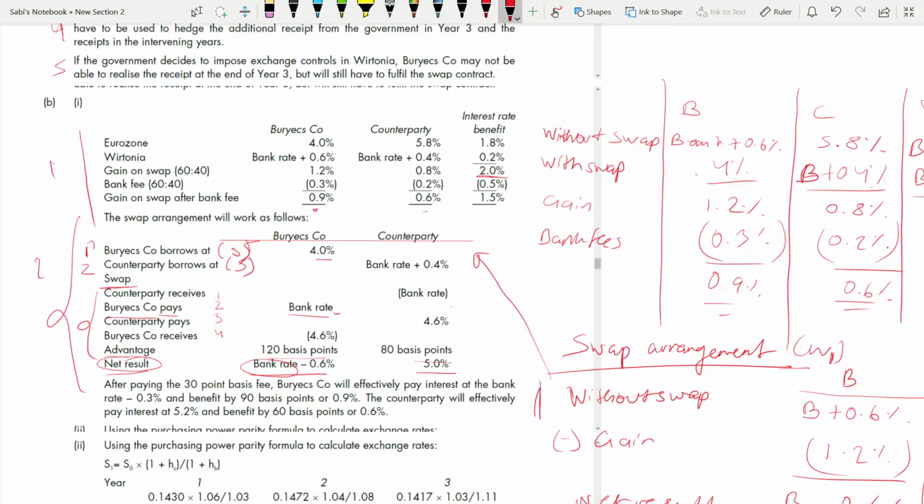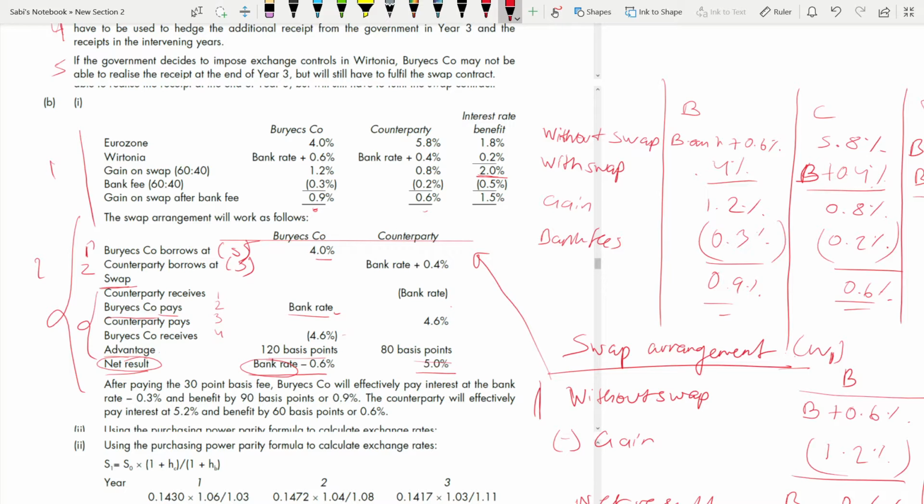So if you deduct 4.6 from 4, it's 4 minus 4.6. Then only you will get minus 0.6%. So that means Brewers company is receiving 4.6%, and the counterparty pays 4.6%. That's why it's in bracket for the one receiving, and the counterparty is paying that 4.6%, that's why it's without bracket. If this looks confusing to you, there is another way also